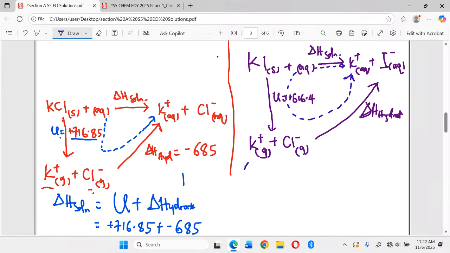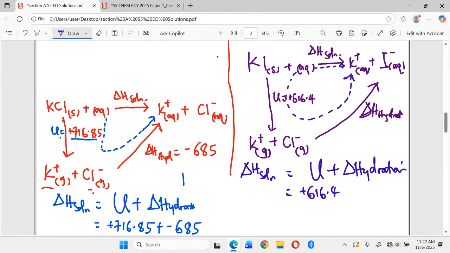So our direct route, the enthalpy of solution, will equal the lattice plus the enthalpy of hydration. So the lattice enthalpy is positive 16.4 plus hydration energy. They gave it once. The hydration energy was negative 628. So this becomes negative 628